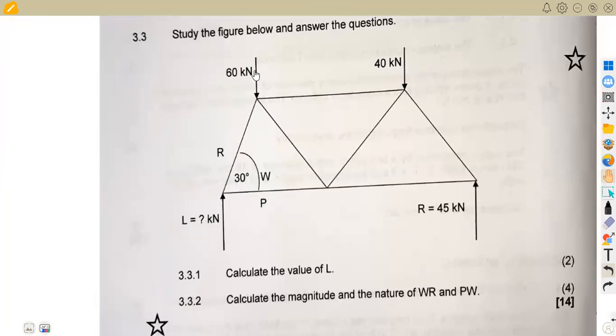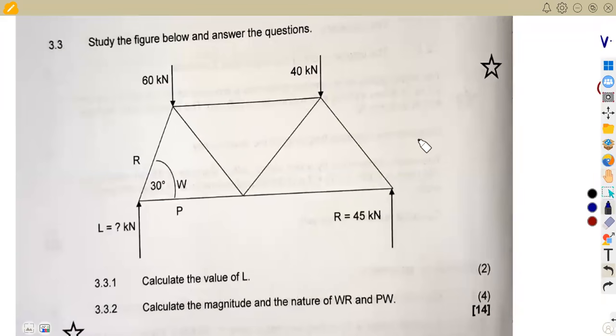We've got 60 kilonewton, 40 kilonewton here, 45, and the L in this case. Calculate the value of L. So here we are simply applying our forces. Remember, the upward forces will be equal to the downward forces. So you can simply refer to the sum of the upward forces being equal to the sum of the downward